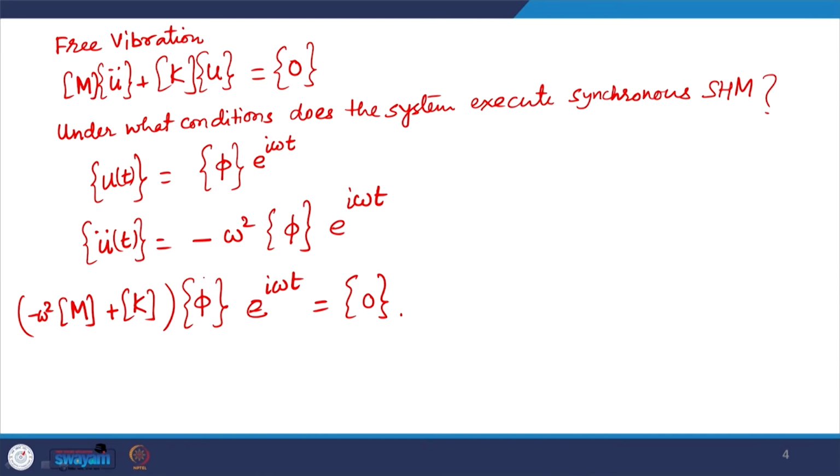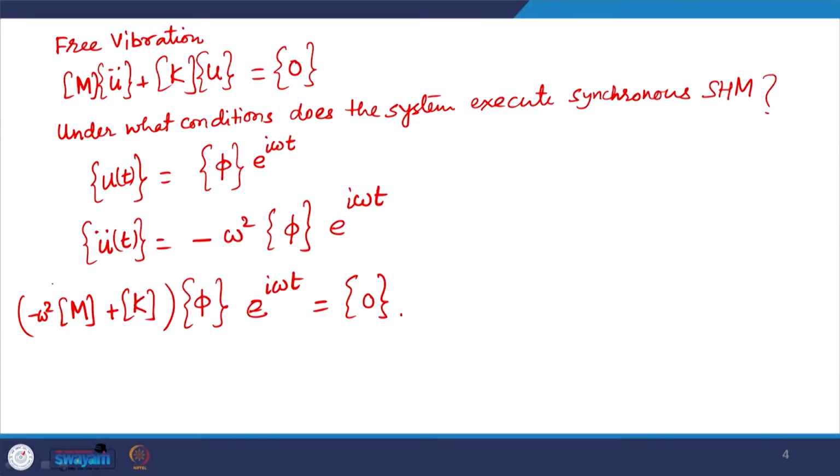If phi is a null vector, then again it represents a trivial solution, that is, no motion is happening, nothing is moving at all, the system is at rest. So, that is not of interest to us, we are looking for an oscillatory motion response. So, phi cannot be 0. So, the only way this equation can hold is when the coefficient matrix becomes singular, and that is when the determinant of k minus omega squared m is 0, and this is what we call as